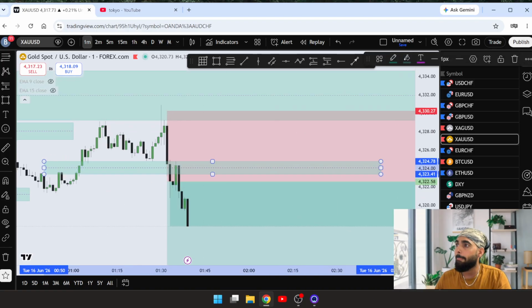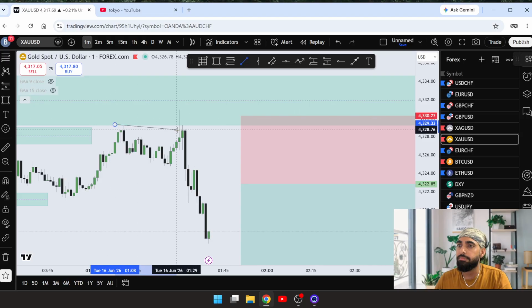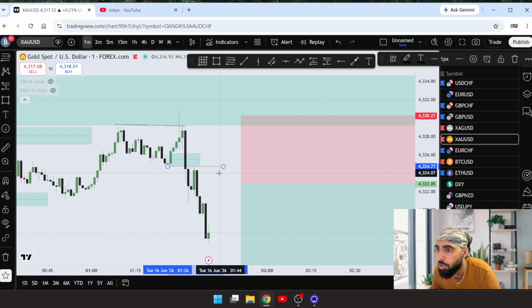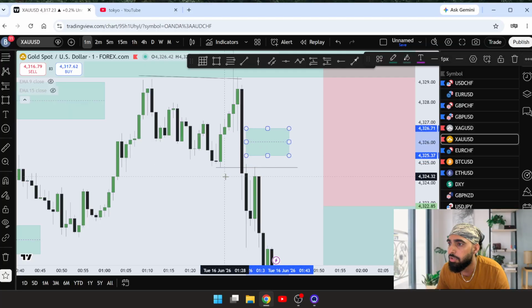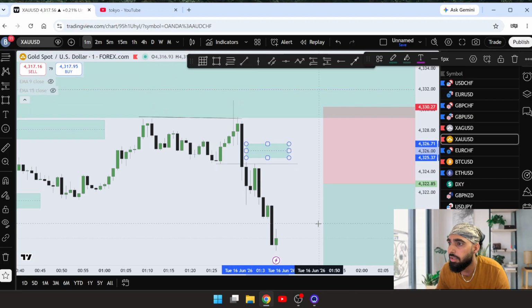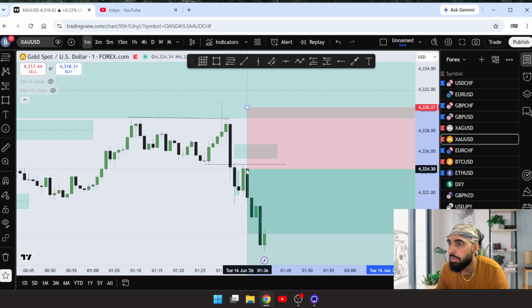As I show you, as you can see, price swept the highs, formed a bearish fair value gap, retraced back. It didn't actually come to the fair value gap, but it did come and touch this order block. Let me zoom so you guys can watch it clearly. It has come to this order block, and as soon as market hit this order block, we could have entered. Apart from that, as soon as market takes the previous candle's high, which is going to be this candle, I could have easily entered around here.